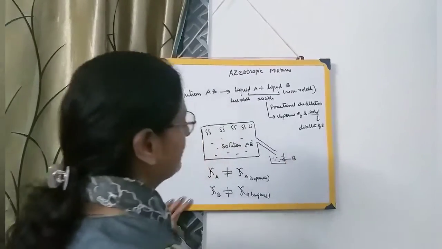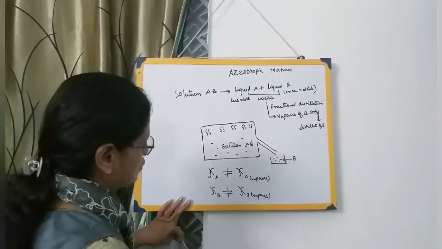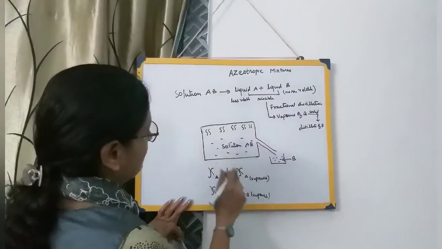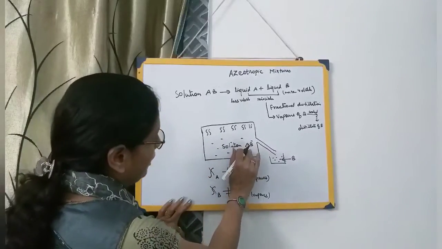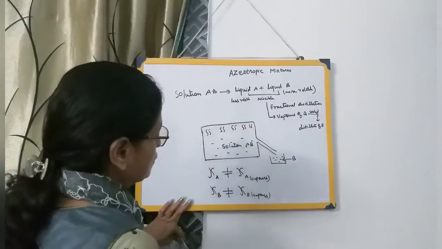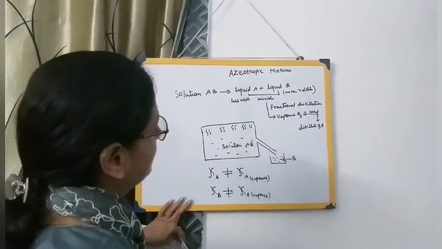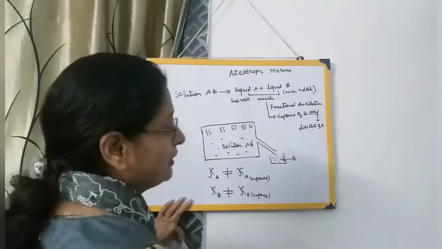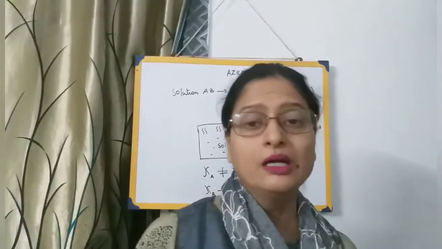B will get collected over here. So this happens because there is a difference in the mole fraction of A over here, mole fraction of B in the liquid state, and mole fraction of these same vapors. If these mole fractions are unequal, then the liquids get collected into another container, and then the vapors get collected. Then these vapors, when we are cooling them, we get one of the liquids, and both the liquids can be separated.